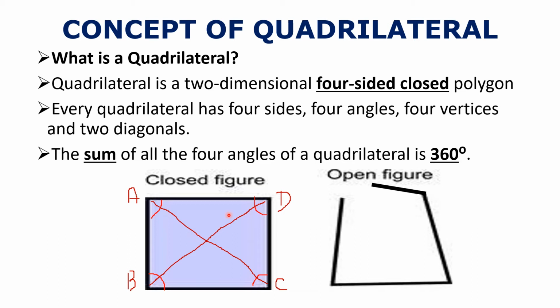So what is the logic behind it? Why do we say the sum of all four angles of a quadrilateral is 360? So let's see. I'll just tell you roughly what is the logic behind it. Let me rub this off first. So let's say I've got... Why will we say the sum of the four angles is 360? Because the logic is the quadrilateral.